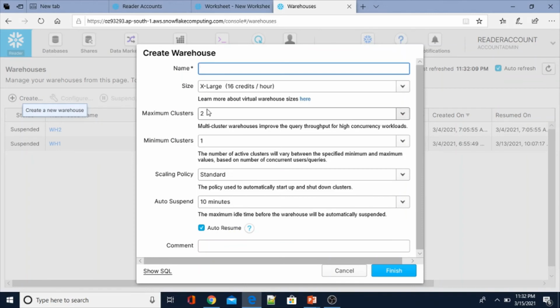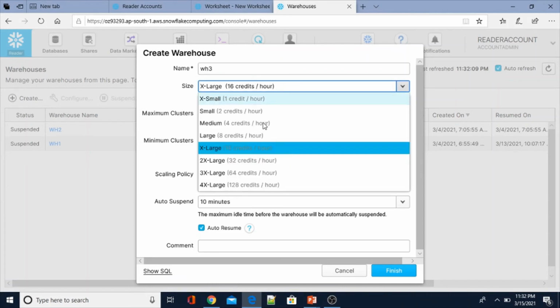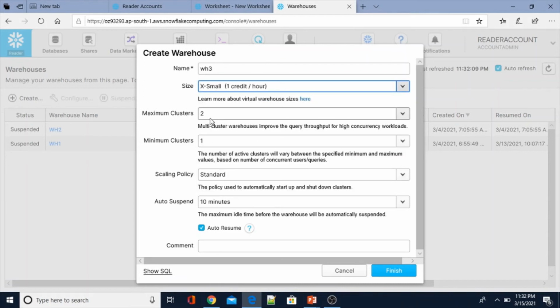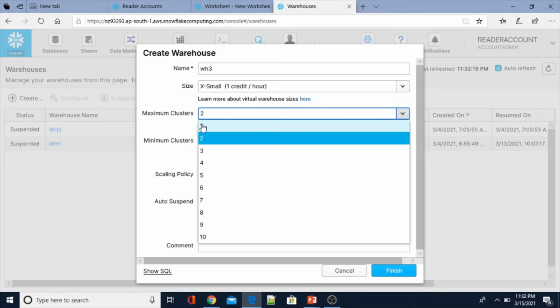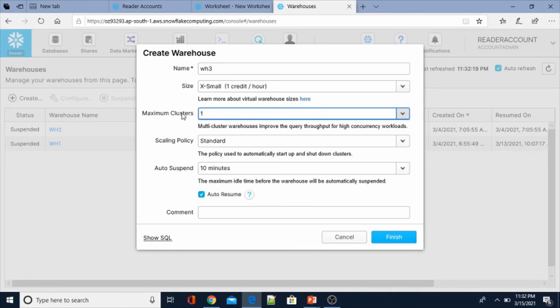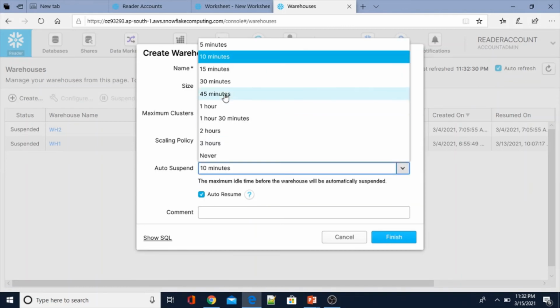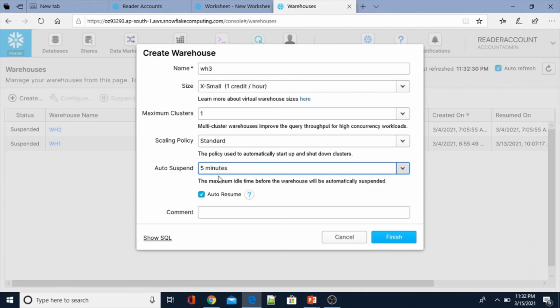Provide the name here, wh3_warehouse, and the size is small. I am going to create this warehouse as a single cluster, that means it is not multi-clustered. Everything else I am keeping, with auto suspend at 5 minutes.